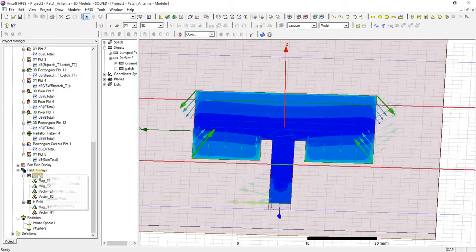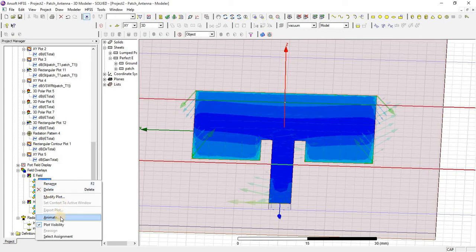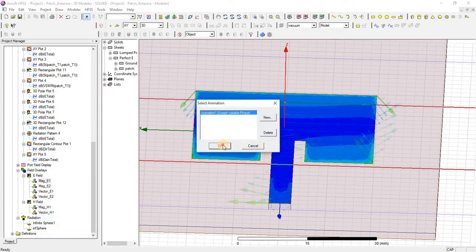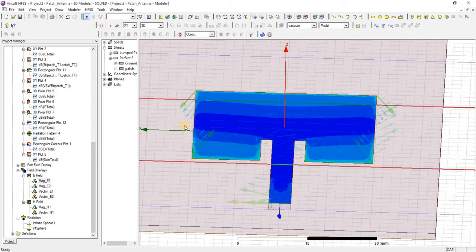For E field, right click and press animate. It will take some time of processing, and after that it will show how the antenna is radiating.